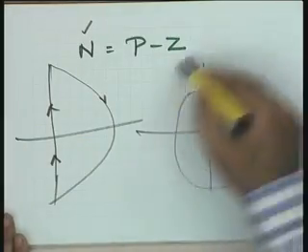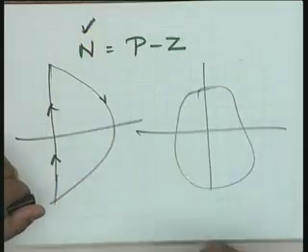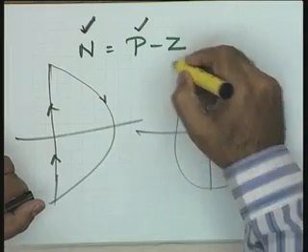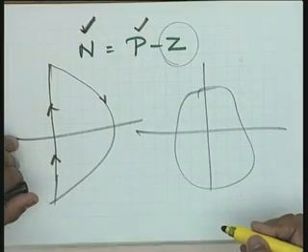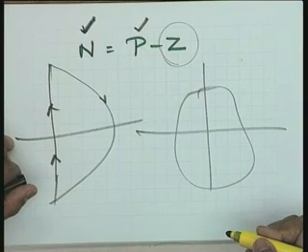You see the corresponding encirclements, and these encirclements will give you the value of n. The value of n known to you, the value of p known to you, and hence the value of z is known to you. So, if there is a 0 on the contour, that will include in z.